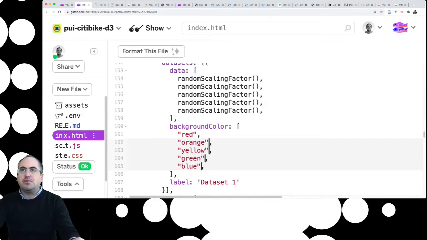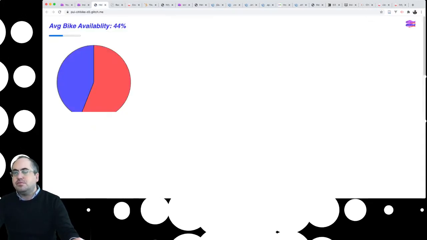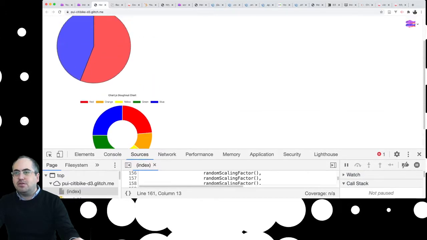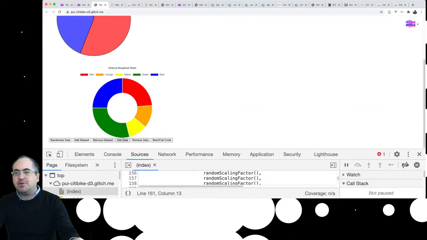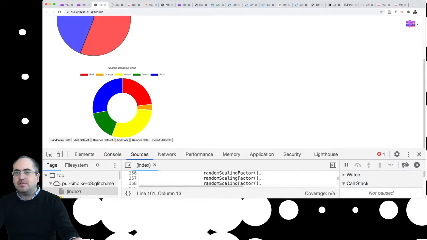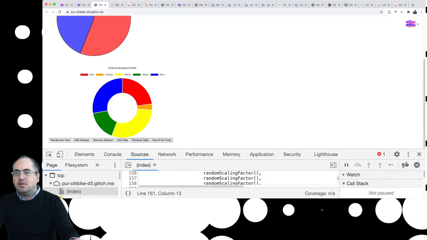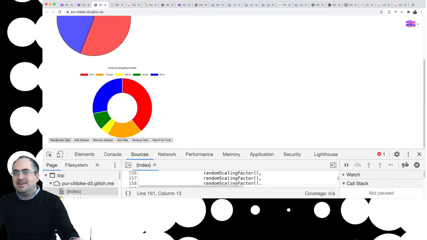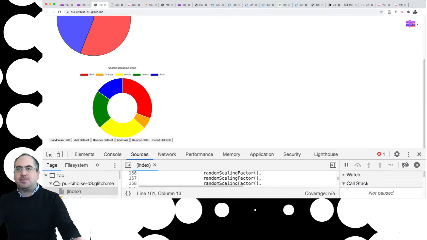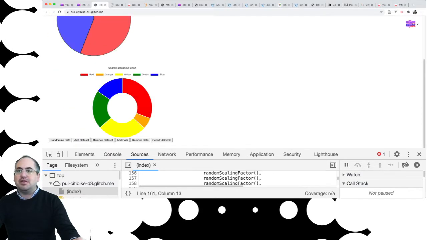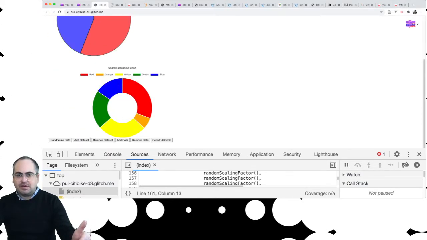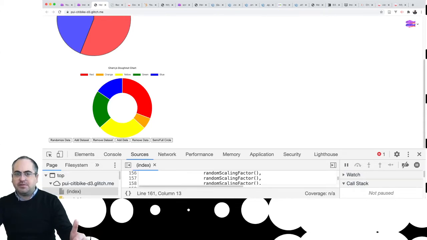Let's see if this works. Yeah, right? All right, so now we have colors, and even this stuff should work. No, it doesn't. Yeah, it does. A little bit. Kind of working. All right, but we got it to render, right? That's an important thing. And so now we can go in and customize this chart so it fits our purposes,